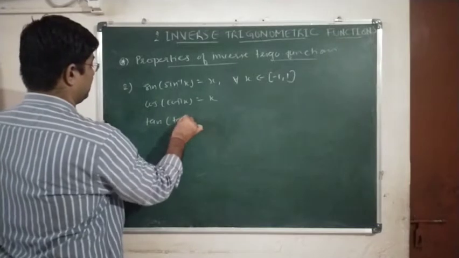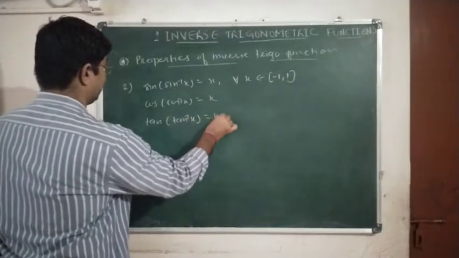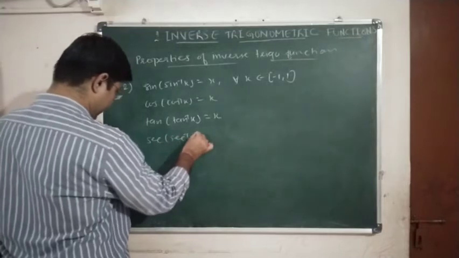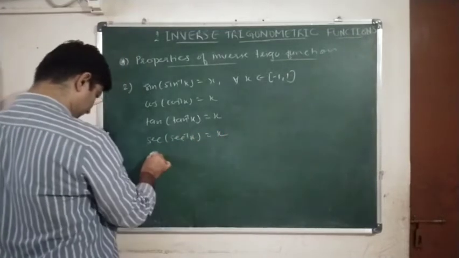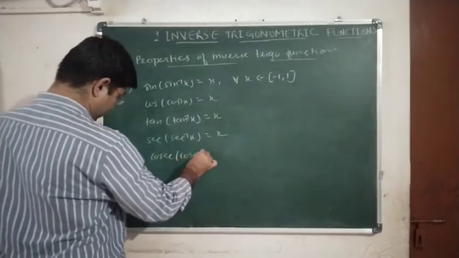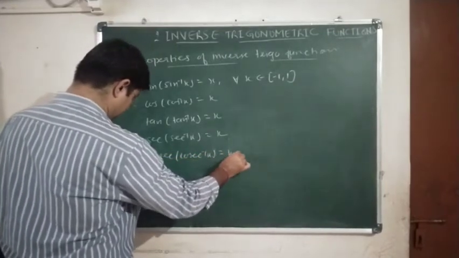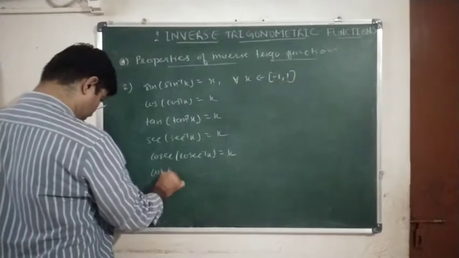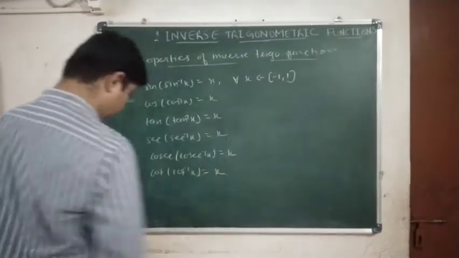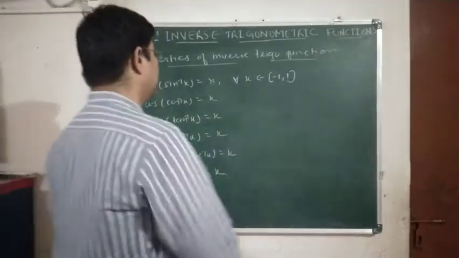Tan of tan inverse x is equal to x. Sec of sec inverse x is equal to x. Cosec of cosec inverse x is equal to x, and cot of cot inverse x is equal to x for